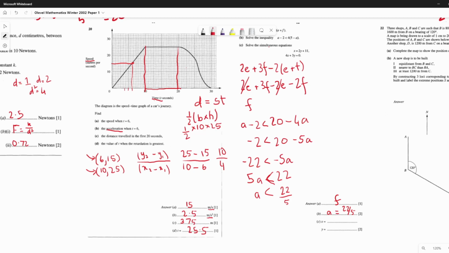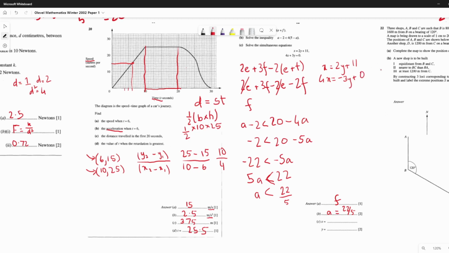Okay, lastly we have solve the simultaneous equations. So we have these two simultaneous equations. Let's just write them here. x is equal to 2y plus 11. And then I'm just gonna subtract 3y from both sides to basically make x the subject of this one. So we can just write 4x is equal to negative 3y